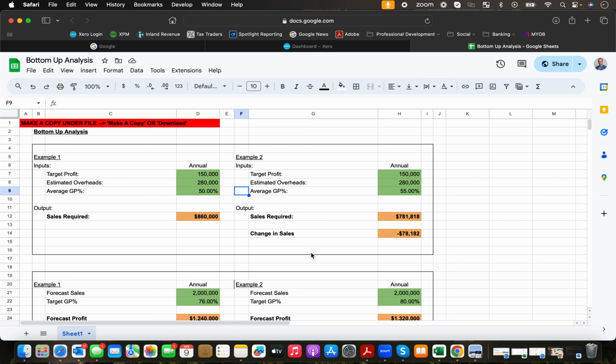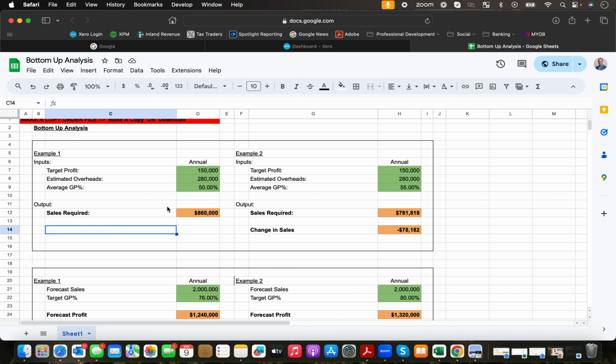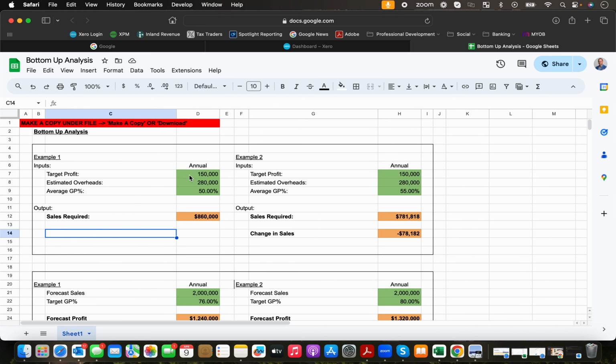This is the bottom-up analysis spreadsheet. Just thought I would talk through it and how to prepare it. So you can run a number of different scenarios on ultimately the target profit that you want to achieve. So in this example, we're targeting a profit of $150,000, estimated overheads